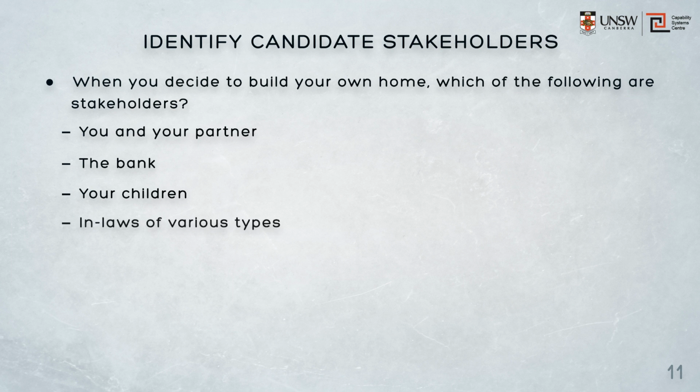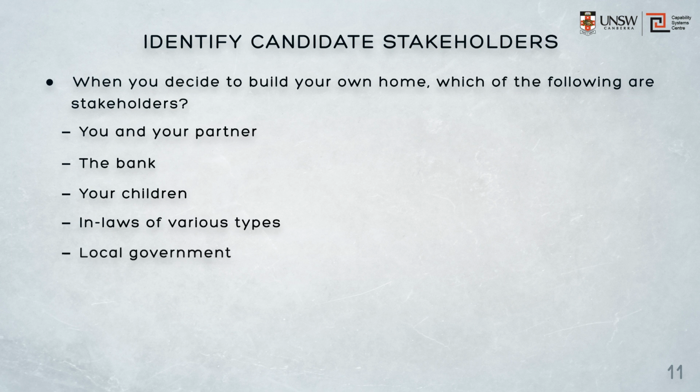What about in-laws? Well, you're also unlikely to give your in-laws the right to dictate too many requirements of the system. However, should an aged parent be occupying the house with you, you may give them similar rights to the children with regard to the layout of their room and indeed the way in which the room is constructed if you're building from scratch. Additionally, should you have an in-law who is limited by their physical ability in some way, you might place increased emphasis on access requirements. But none of this makes them a stakeholder unless you give them some limited rights.